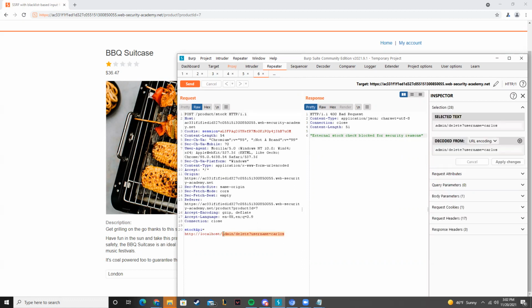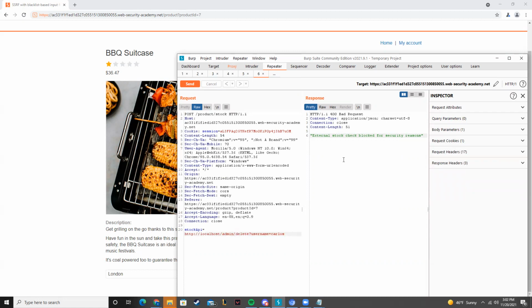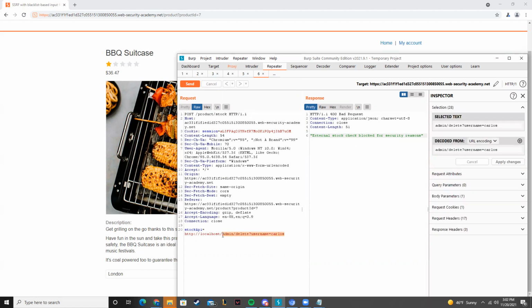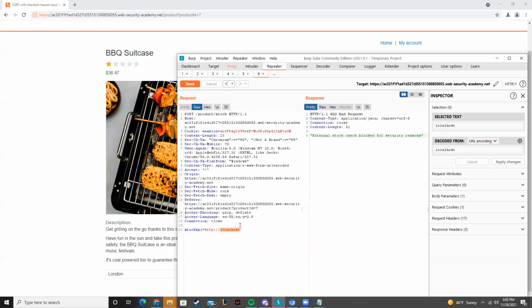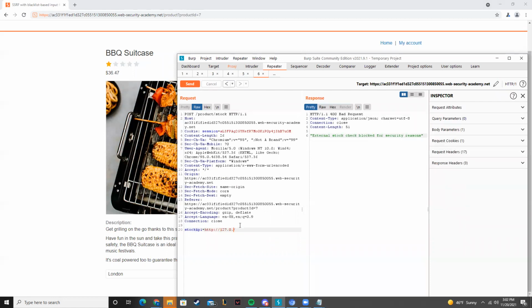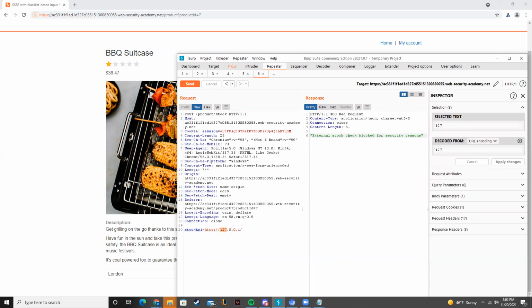First of all, let's try to see where it's actually blocked at. So if we only look at localhost, is that going to be blocked? Okay, it is. So this word localhost doesn't work. Does 127.0.0.1 work? Because that's the exact same thing as localhost, just in number IP address format. Still blocked. Okay. So we know that the actual IP number is blocked. However,